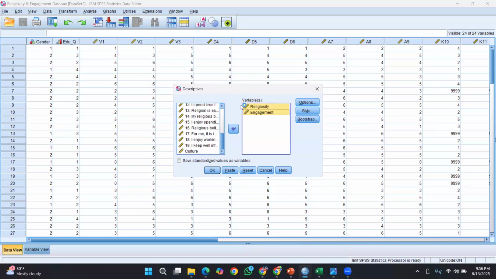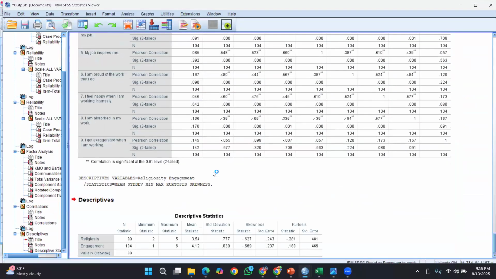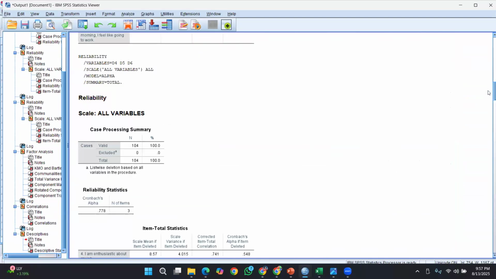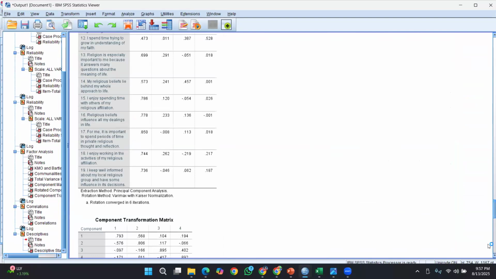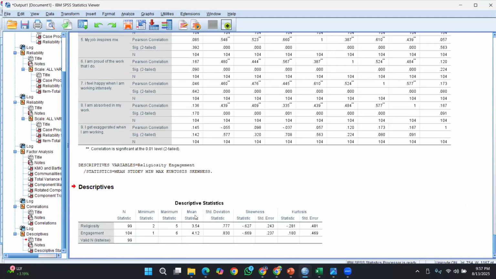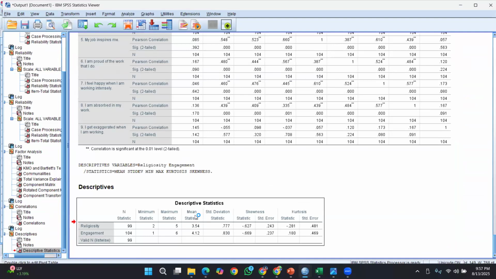Okay, I'll be giving religiosity and engagement now. Of course, I'm not feeding these items. By default, it is there. So these are descriptive statistics. You can type it on your own, or else you can directly copy and paste.